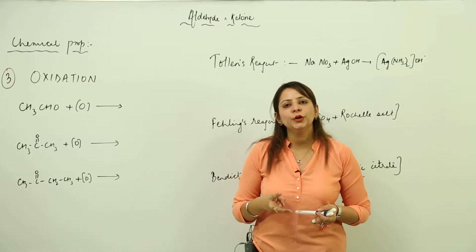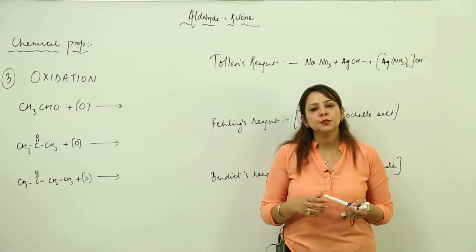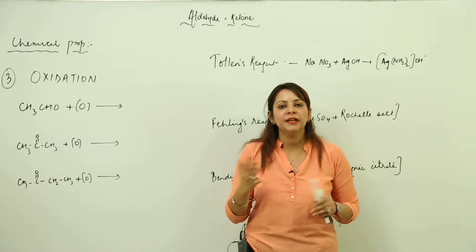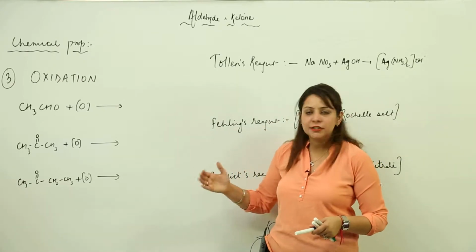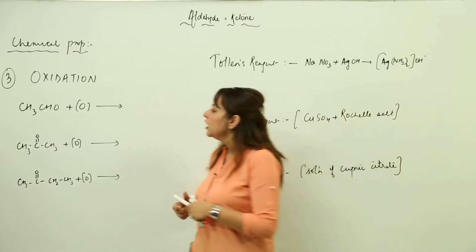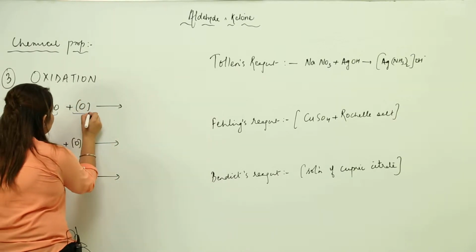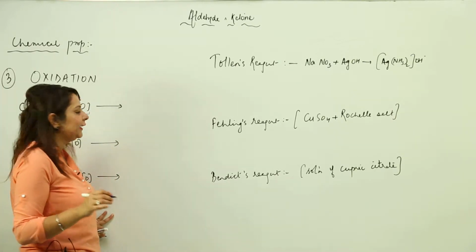The third property we are going to start with is oxidation. You know that oxidation is such a property that we can even distinguish between aldehydes and ketones. So we will see what kind of oxidation products they can form. Whenever we take an aldehyde and oxidize it, oxidation of aldehyde is quite easy, and